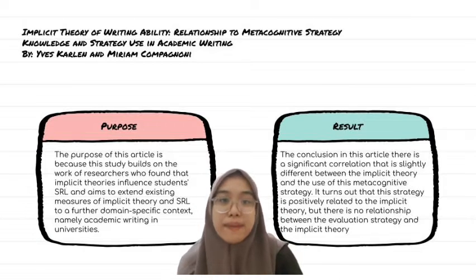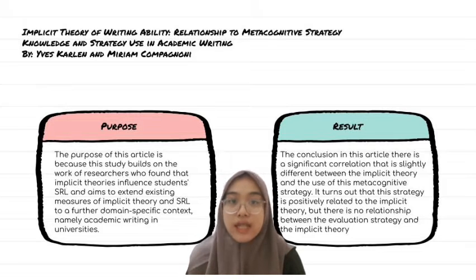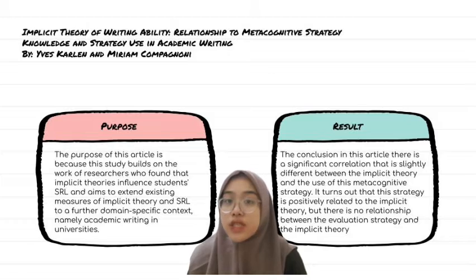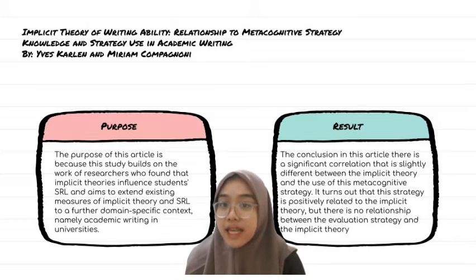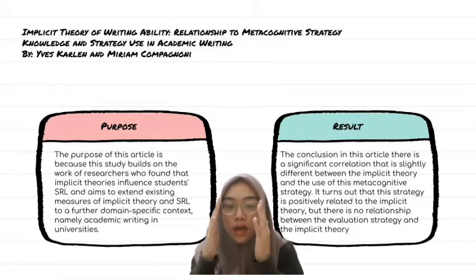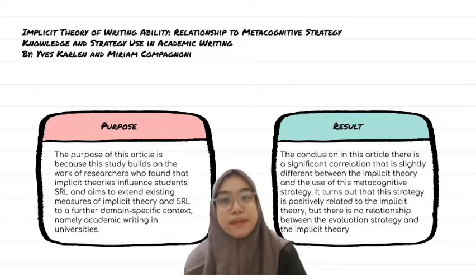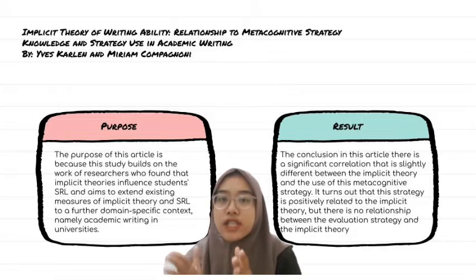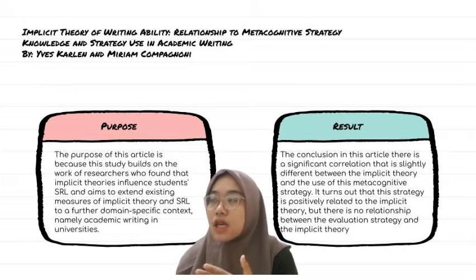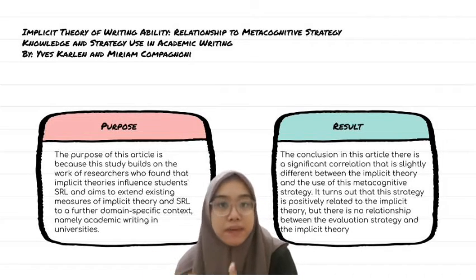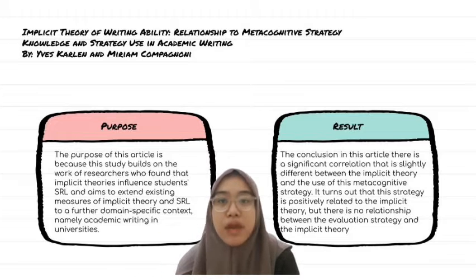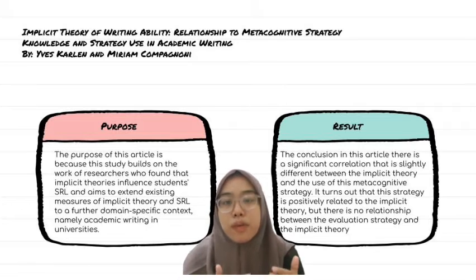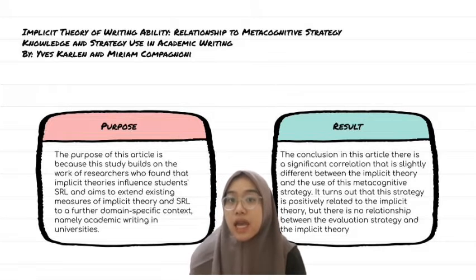The third article is implicit theory of writing ability, relationship to metacognitive strategy knowledge, and strategy used in academic writing by Vaz Carlin and Miriam Campagnoni. The purpose of this article is that this study builds on the work of researchers who found that implicit theory influenced students' SRL, and aims to extend existing measures of implicit theory and SRL to a further domain-specific context, namely academic writing